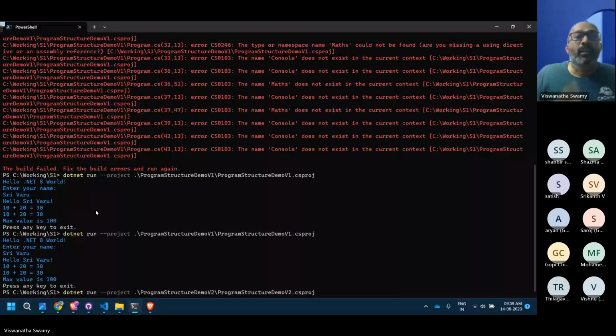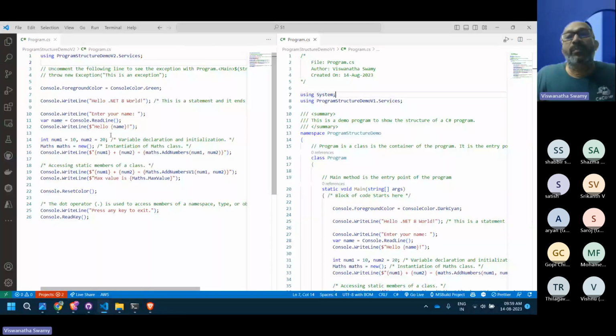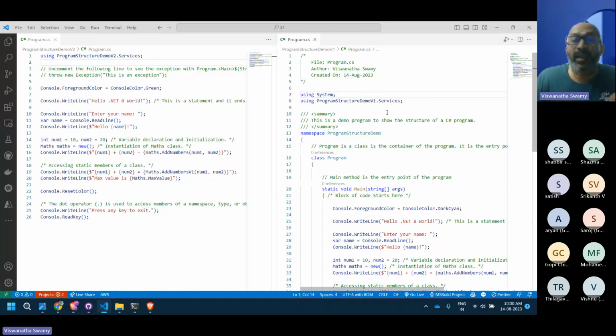Now this is the top level statements. This is without top level statements. Now this looks much simpler, and top level statements, as of today, are supported in the main program. And in the math class, we have seen that we are using the file scope. Now you should ask, hey Swami, we didn't use the System namespace, but we are using Console and all these things. How is that? This is allowing us, but this program throws us an error.